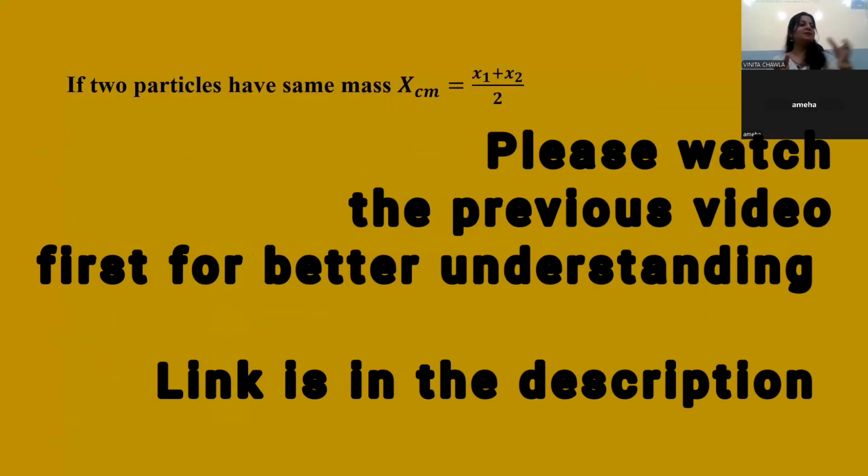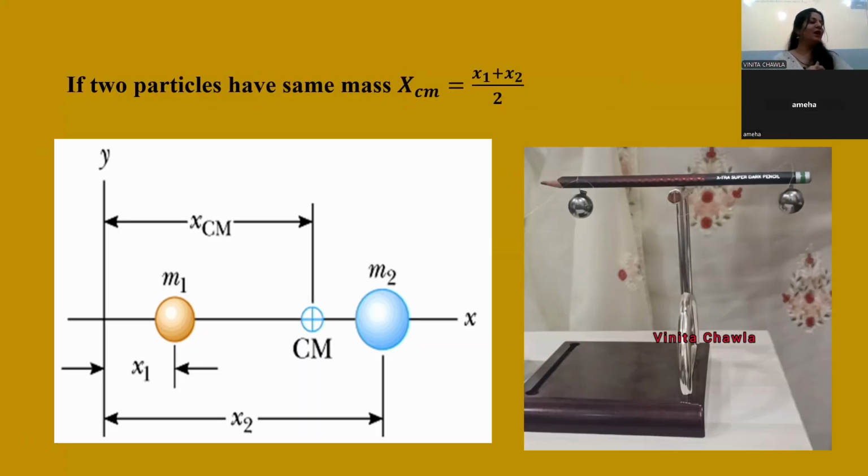ठीक है, जैसे इसके केस में हमने अभी जो ये परफॉर्म किया था, यहाँ पे एक्टिविटी, यहाँ पे भी we have these two bobs of nearly equal masses, right? So we have the center of mass nearly at the center. You can see ये जो लेंथ है ये nearly equal है, ठीक है ना? क्योंकि अगर ये हैवी होता तो हमें थोड़ा सा इसको इधर की साइड मूव करना पड़ता।